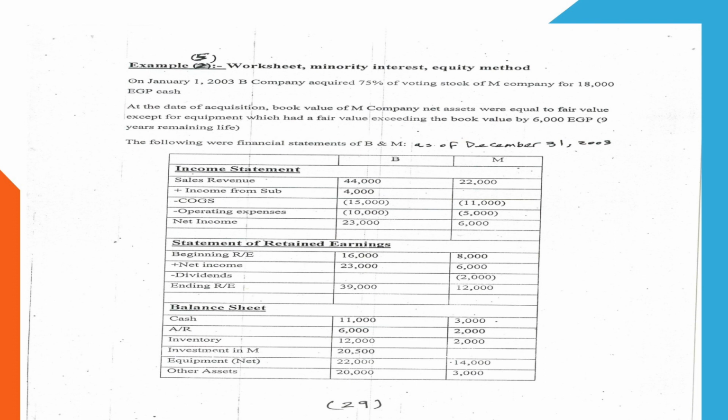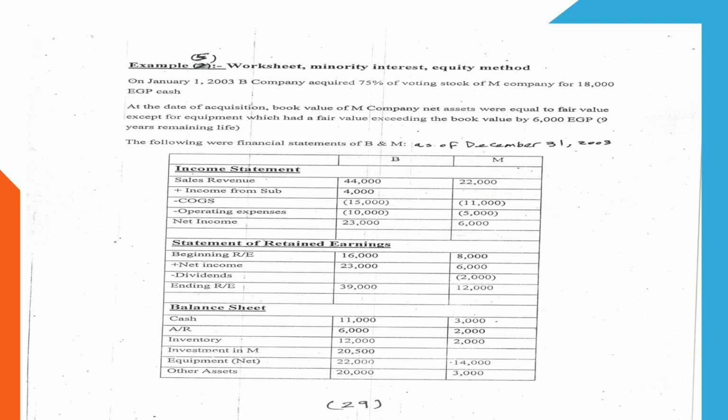There is no minority in this one. Okay, that means this one here. Last time I gave you the worksheet and example 4. When you have example 4, we will talk about 100% ownership, and I'll show you how to make the worksheet. The same ideas, the same information, and in part 2, you need to go back again in part 2, and